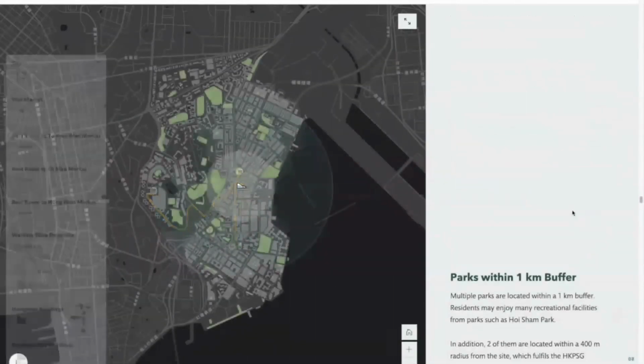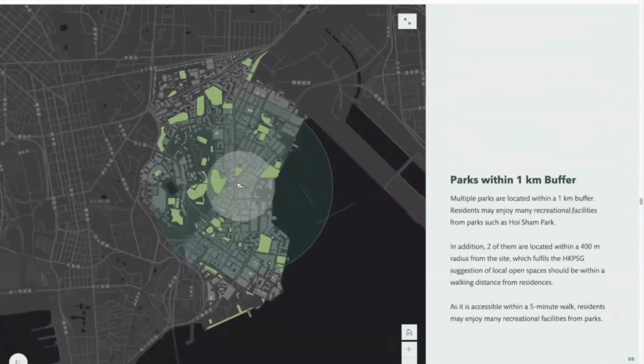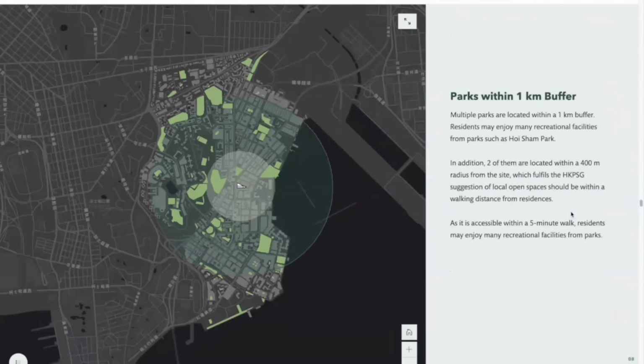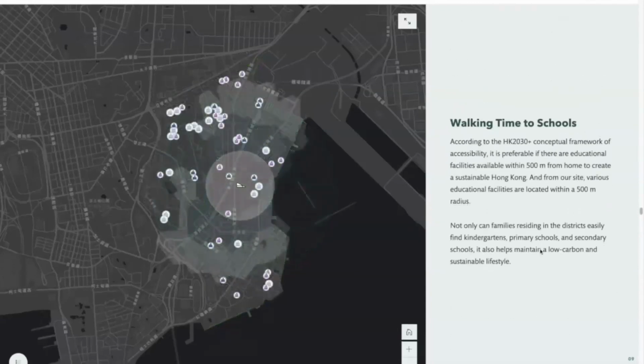Understanding the accessibility is especially important for parks, since the Hong Kong Planning Standards and Guidelines suggest that local open spaces should be within walking distance from residents. Therefore, from conducting a spatial analysis, we were able to identify that this location is preferable for residential development, as at least 2 of the parks fall within a 400-meter radius buffer of the site.